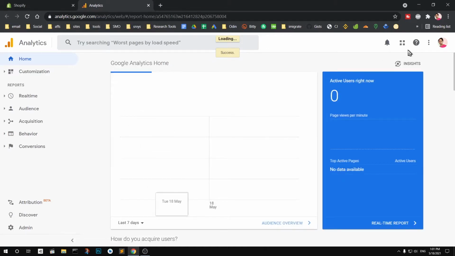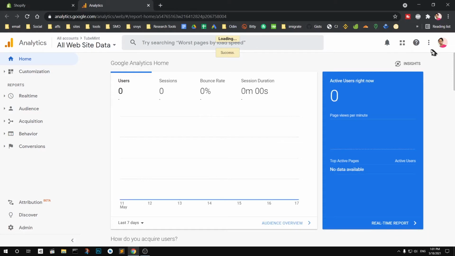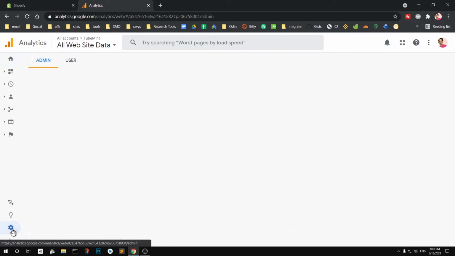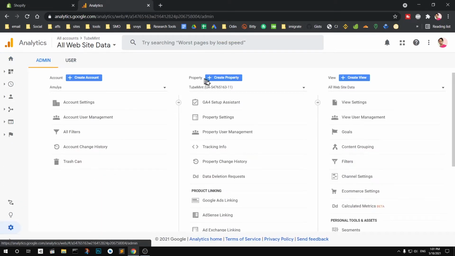So simply go ahead and sign in to your Google Analytics account. And you can see at the left bottom, you have this admin section. So go ahead and click on it. And from here you can create your property. If you have multiple properties, go ahead and select the right property. It must be the Shopify store property, the same domain name. This is just for demonstration purposes, but you have to have this property added to analytics to get the tracking code. So in my case,